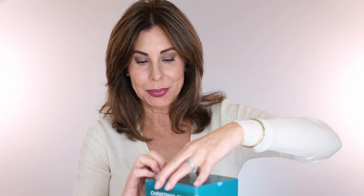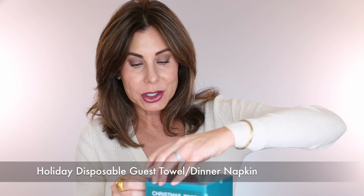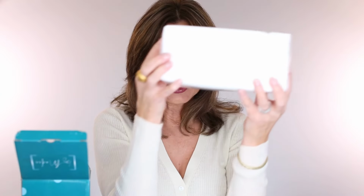Still on the Christmas theme, I ordered these guest towels and napkins last year for the holidays, so I ordered them again this year. They ended up selling out last year. There may be a glare because of the lighting, but these are guest napkins. They're super thick. I use these for hosting and entertaining or family dinners. I also put these in our powder room. I have a beautiful little dish that these lay perfectly on, so I will put a stack in there